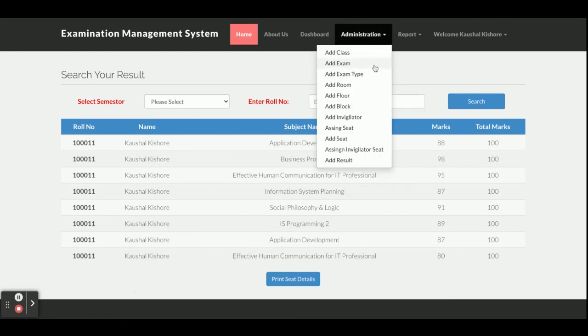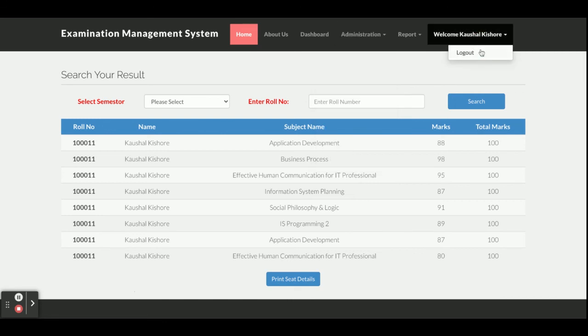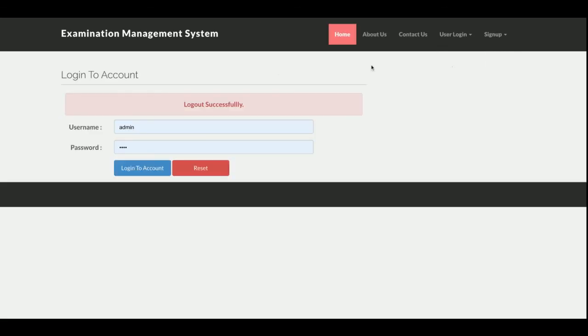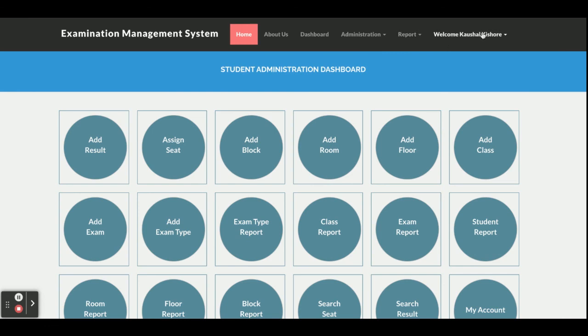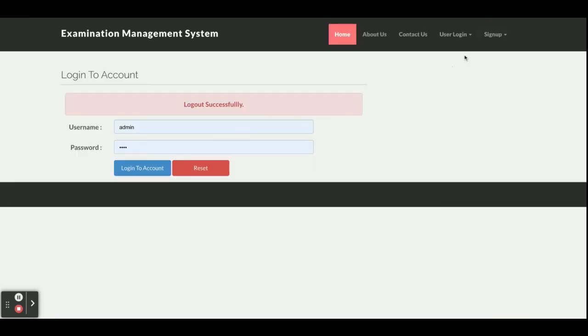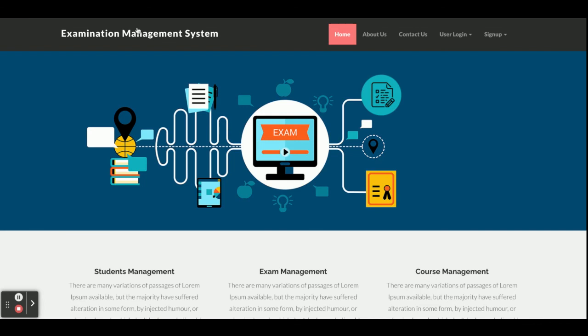So it's a very big project with a three user level login, that is the admin, student, and the teacher, right? And once he clicks on the logout, this is the logout operation. Once the teacher clicks on the logout, all of the above administration menu will not be displayed, because this is a session driven menu that renders according to the session. If admin logs in, the internal functionality will be different. If teacher logs in, then the internal functionality will be different. So it's a role based system. And there are three roles we have implemented, that is the admin, teacher, and students, right? So all these functionalities I have developed inside this project.